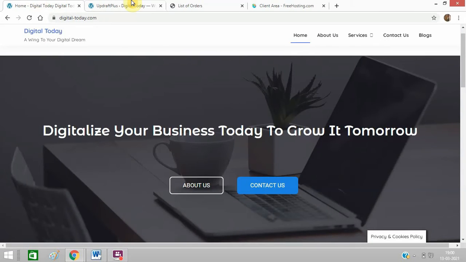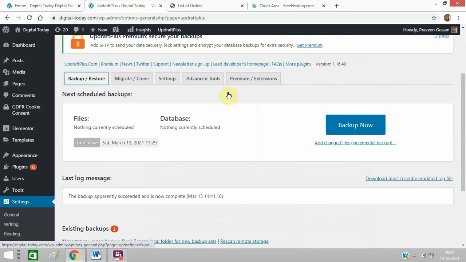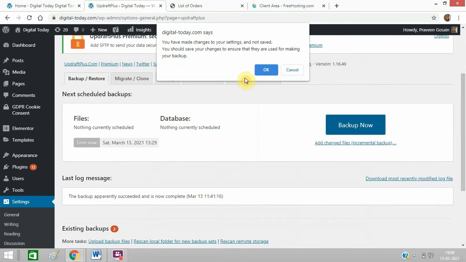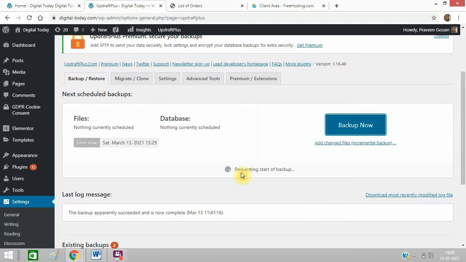Then after that you need to go here, backup and restore. Click on backup once you have made changes to your settings. Select all these things and click on backup now. So it is requesting a backup, and the backup is about to happen.